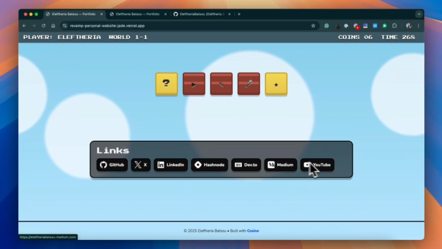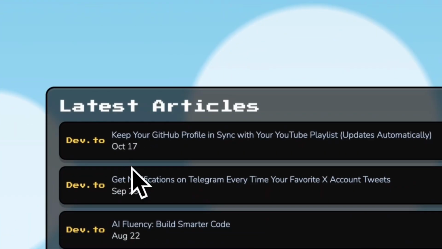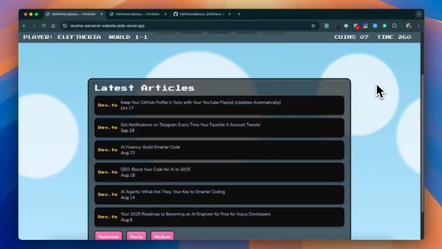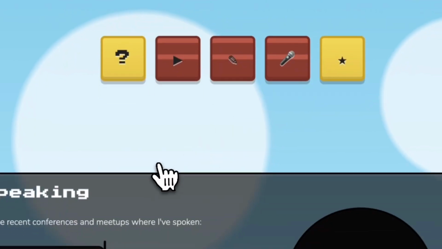Also, the links are looking amazing. They are black and white and I can see everything. The articles do look cool. Here I've never really had any issues, so the only thing that I need to fix now is the speaking